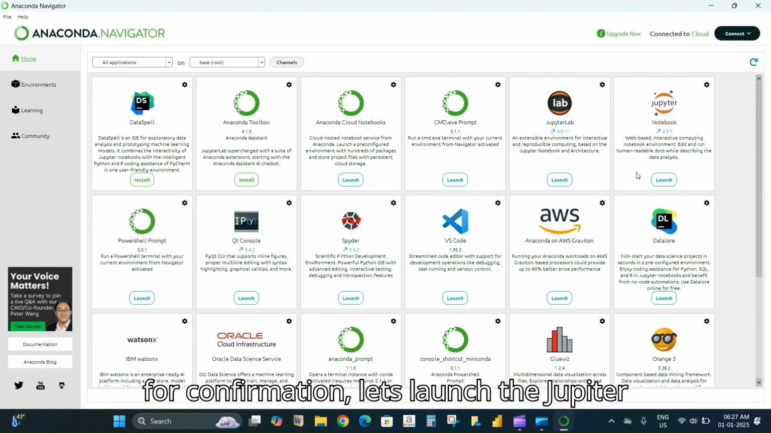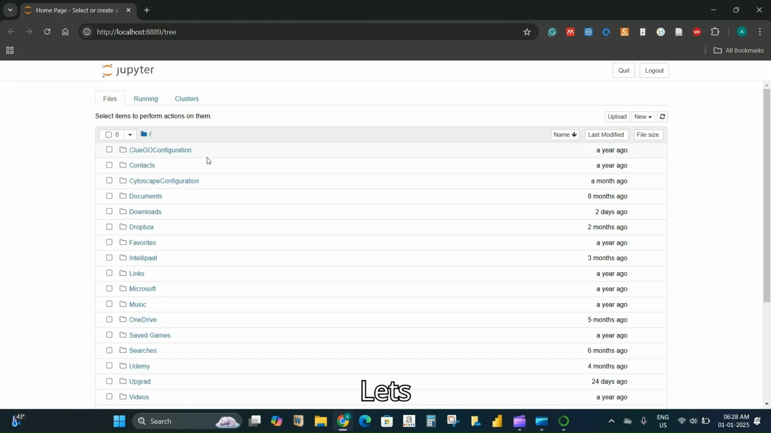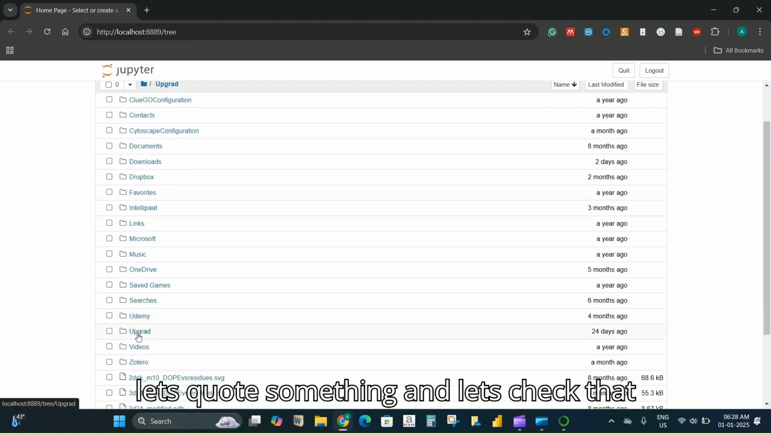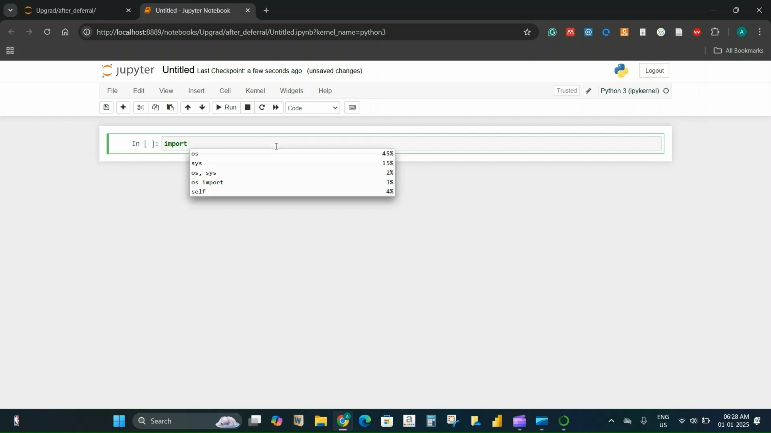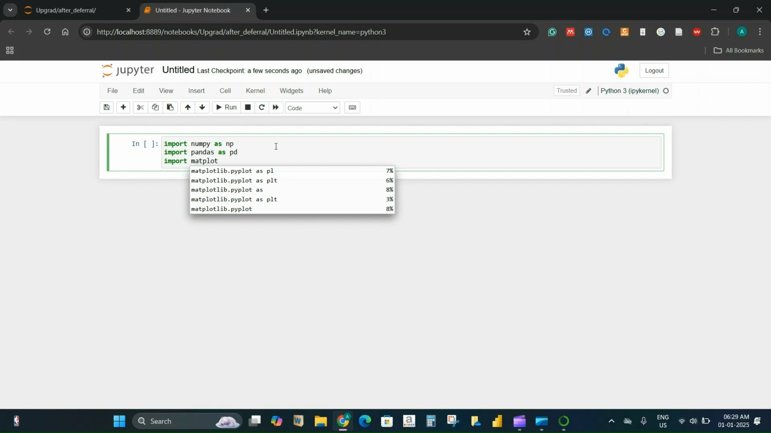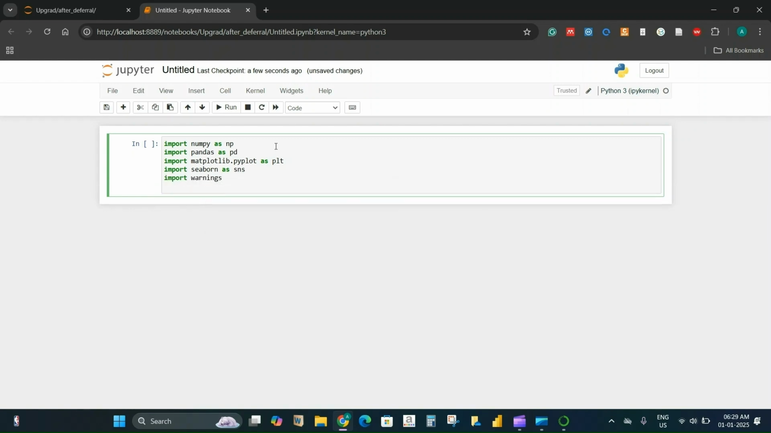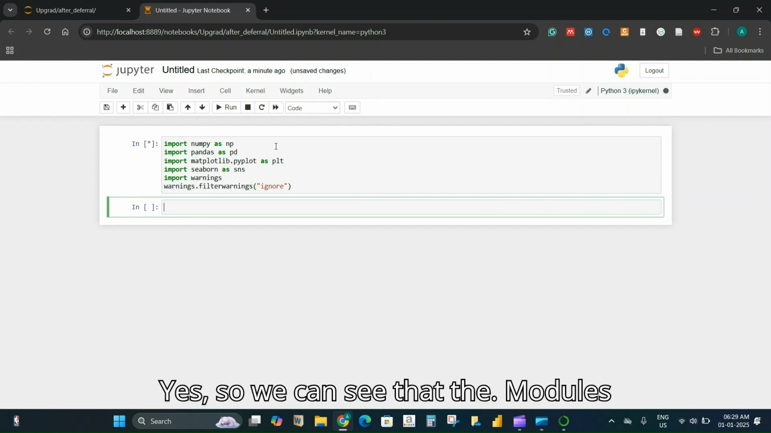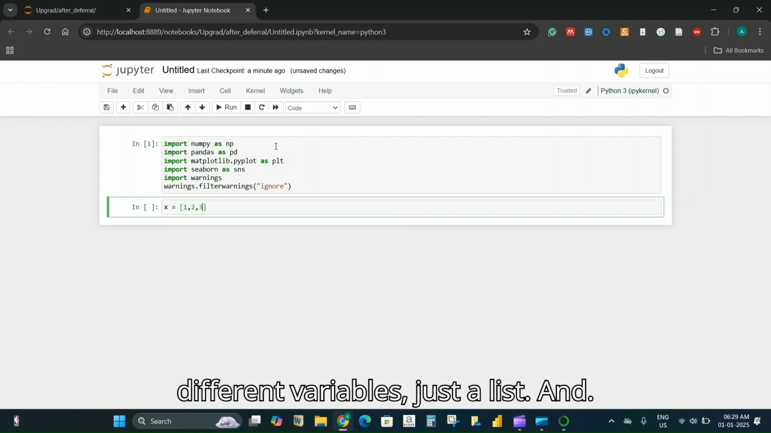Just for confirmation, let's launch the Jupyter Notebook from the Anaconda Navigator, and let's go to any folder in the Jupyter Notebook and open a file, and let's code something to check that all the installed modules in that particular Python environment are working fine. So let's import the required modules. Yes, we can see that the modules we generally use in data analysis tasks are able to load. So let's set two different variables, just a list and